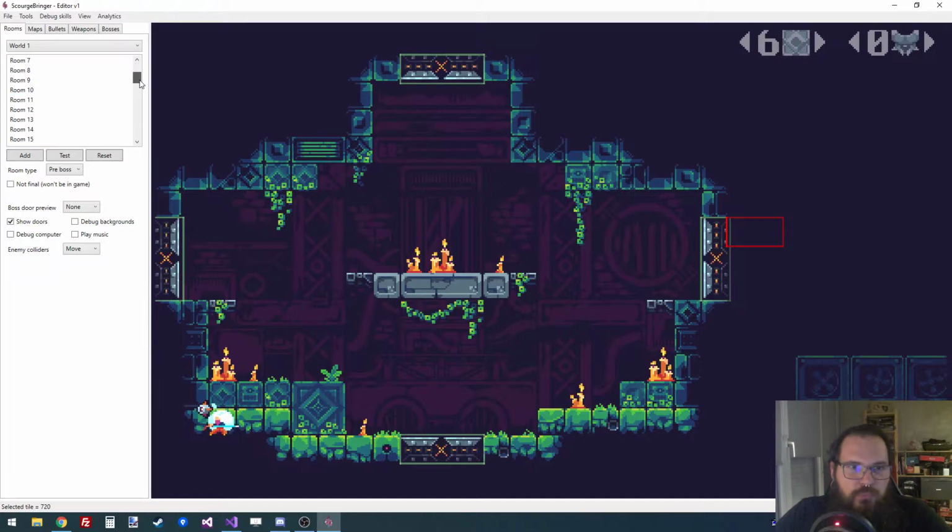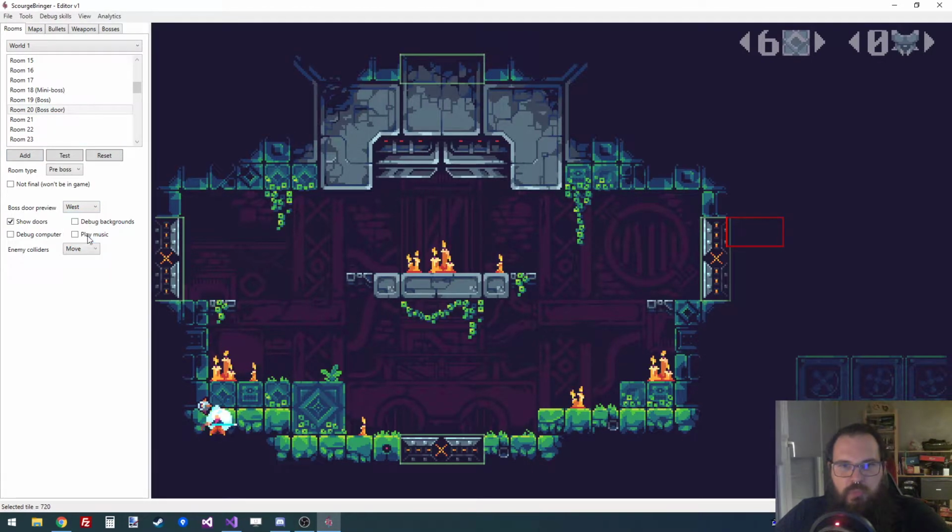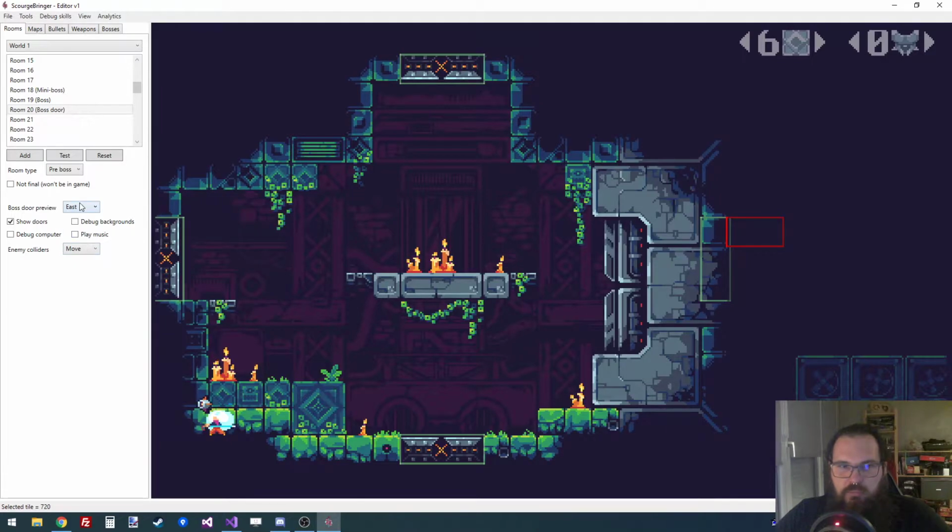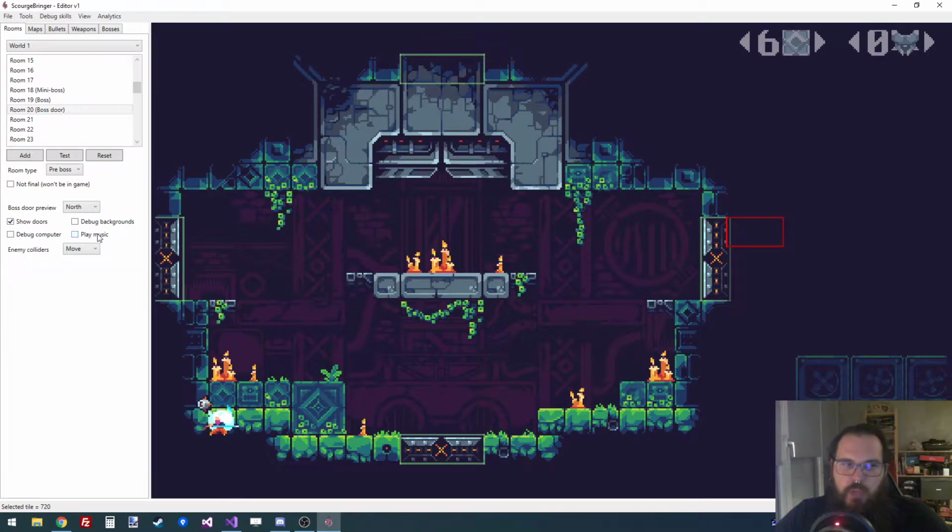In a different kind of room, for instance, also where is the boss door. There is always a room that is dedicated to the boss door, and I can preview where the boss door is going to be,